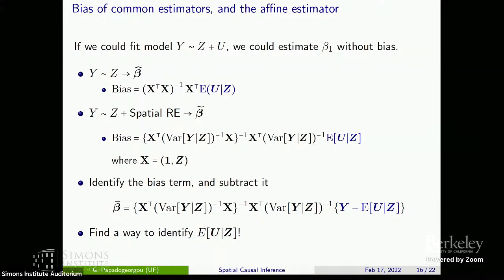And in general, if U is not spatial, we could never learn that. But the fact that U is spatial and has some structure, some correlation structure across our observations, means that we can take information from the exposure and the outcome model residuals and learn that conditional expectation. This is what I'm going to try to convince you of in the next slide. Well, first I have to tell you what assumptions we make about the conditional relationship between U and Z to achieve that.